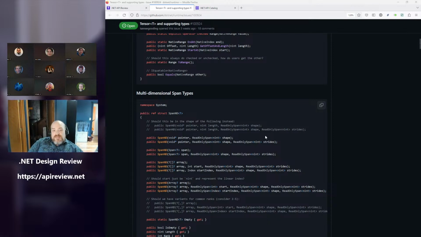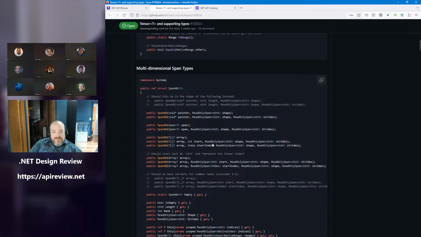The second is, if this is a variety of span, aside from the fact that we have things like matrix 3D, if we named it as multi-dimensional span, it would be the last word, not the first word. So I like ND span more than span ND. I don't like ND span because it violates the do not use acronyms rule. But I don't like it as a suffix, and I don't like it as just a pair of letters.